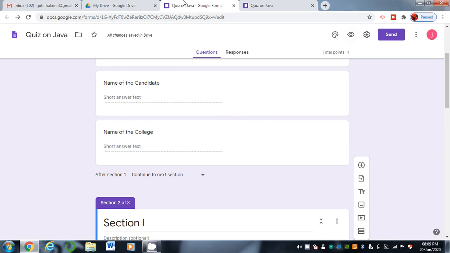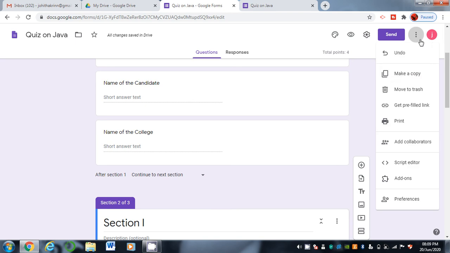Now how to generate certificates automatically. Let us see. So if you want to generate certificate automatically, you want to install a plugin, called Certify-em.